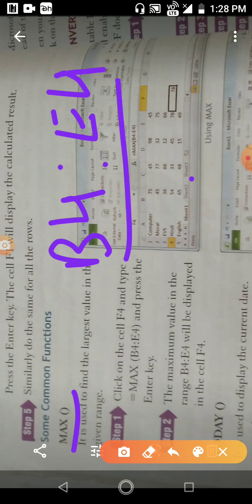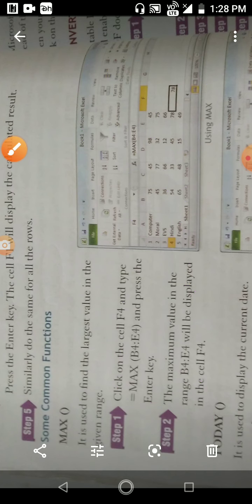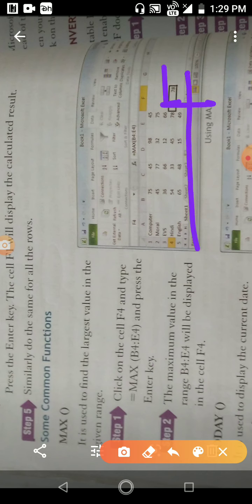It finds the maximum value from this range. This is the syntax: the equal sign, then MAX, and then B4 to E4. It is the syntax for how we write the function. Simply press Enter, and it gives us the largest value, which you can see here. The largest value is 78.